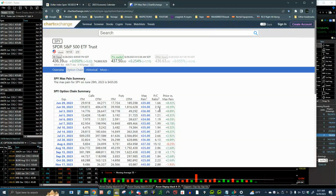We have a 3-to-1 put to call ratio. Means the market is loaded up on puts. Right there. A 3-to-1 put to call ratio for tomorrow. And the Max Pain's 434. I'll bet they jack it up to 440 just because we've got a 3-to-1 put to call ratio. We'll see what happens. I'm not making any predictions, but I think that's a possibility that they do come challenge those highs one more time, at least to stick it to the shorts, and we could get a short squeeze